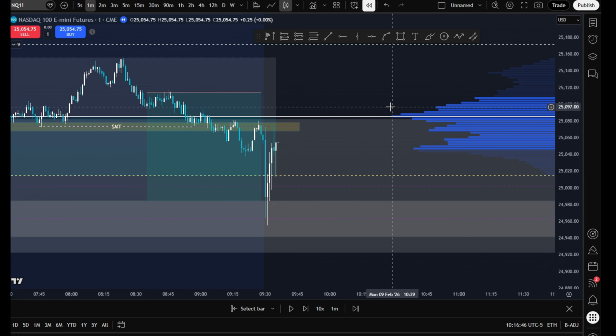And I have these as my target. And you can see once you grab that, it just shoots right up. So this is essentially how precise you can use volume profile to know where the price is going to go, right? So as I mentioned before,